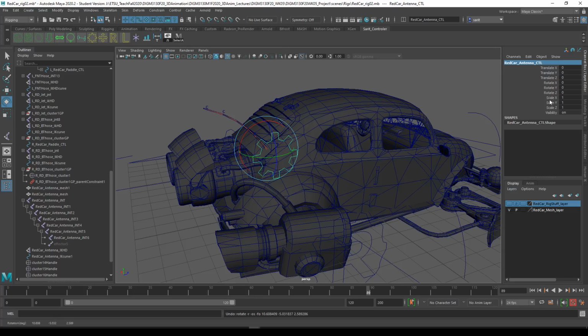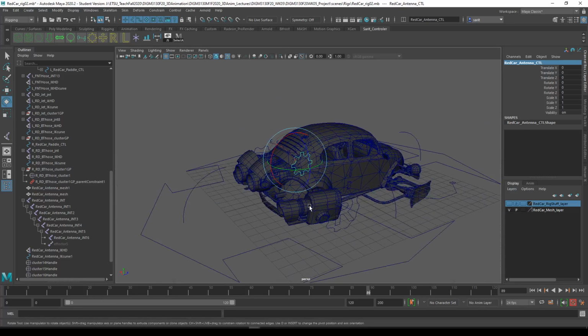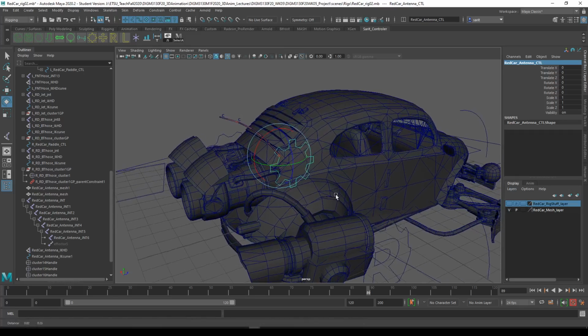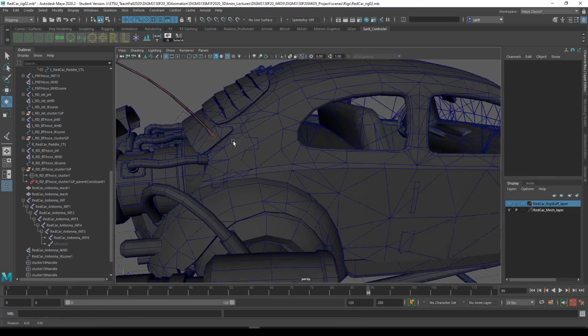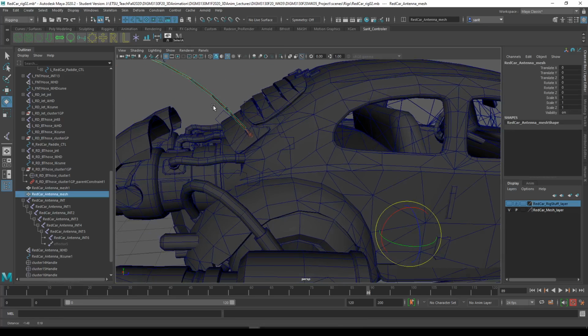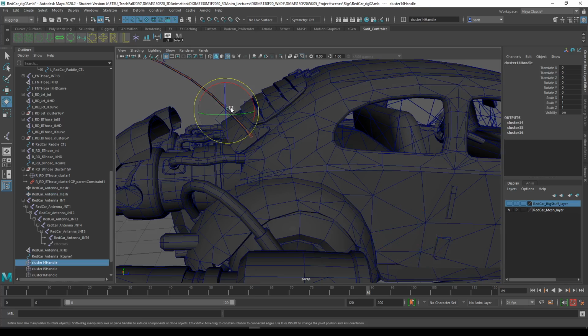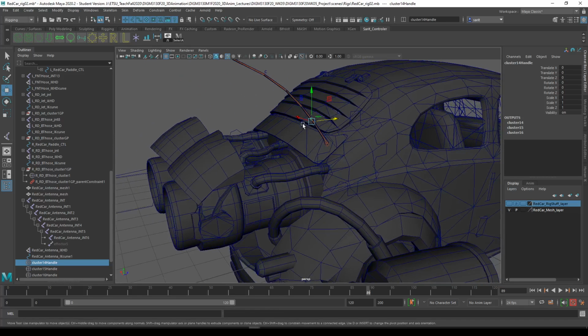We will not do translate and scale at all. And these will go with the car, so we will have to put these under an all red car parts group. So let's do this first. What we want to do is figure it out. We're gonna animate the motion of the cluster. So it will be like this: go forward, backward, or left and right. And you could go down and up,